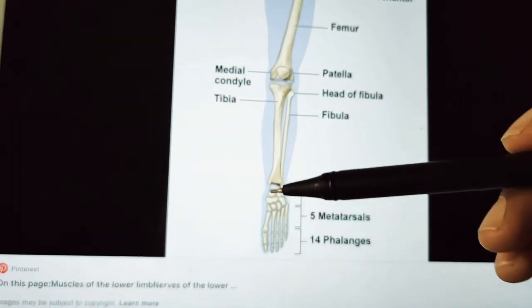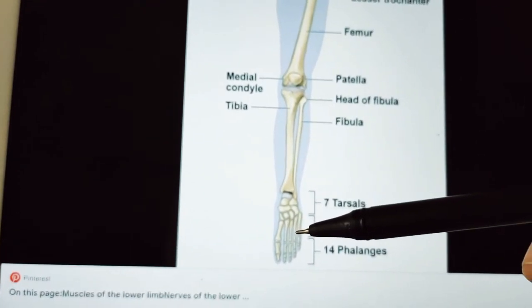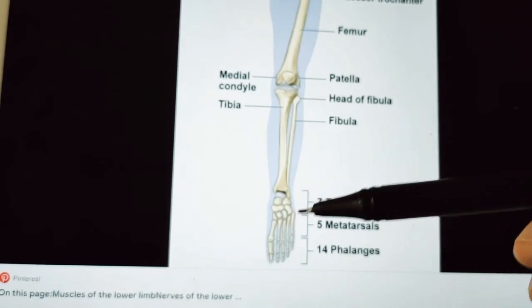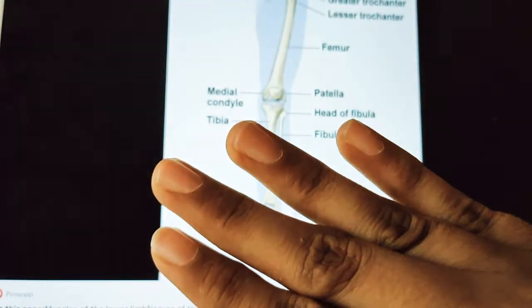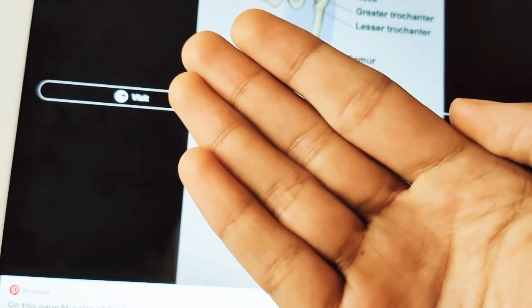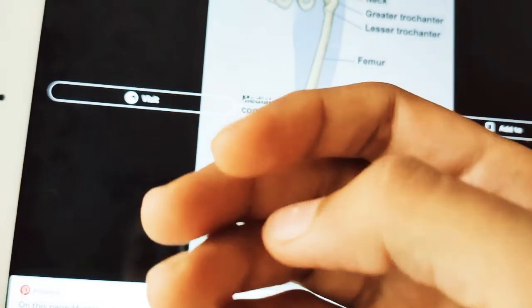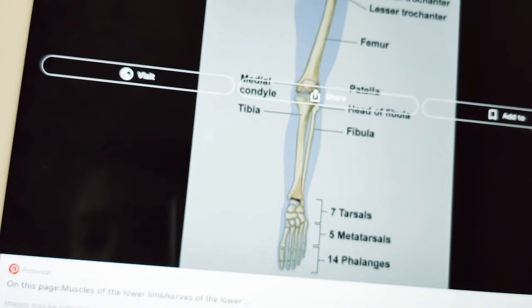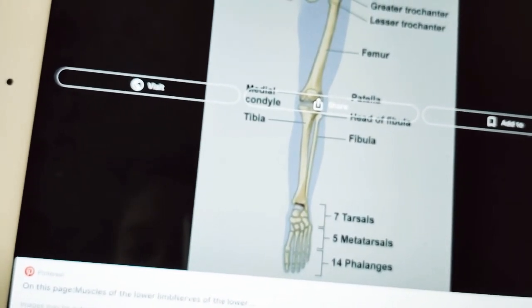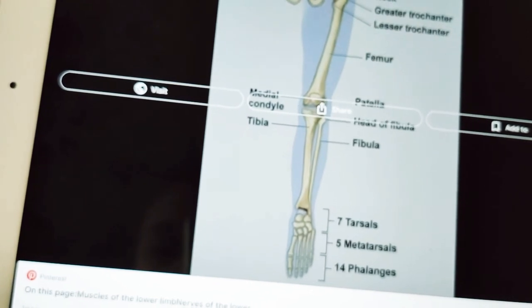Next, coming to the foot or pes. The foot or pes has an upper surface, the dorsal surface, and the lower surface is the sole or plantar surface. If you see here, for example, this is foot, so this is the upper surface, the dorsal surface, and this is the lower surface or the plantar surface. Okay, so this is about the plantar surface, and the sole is homologous with the palm of the hand.